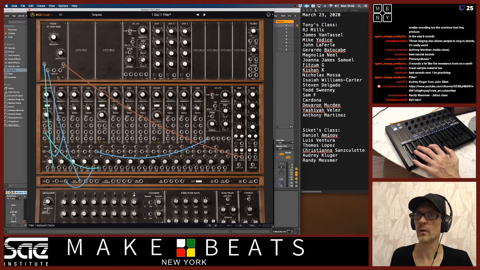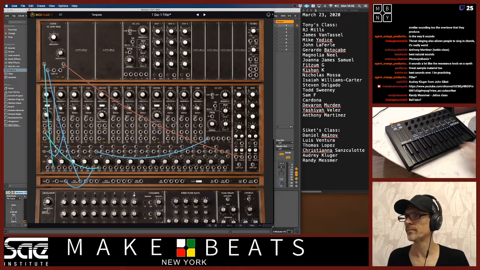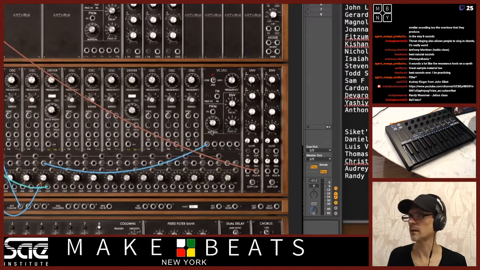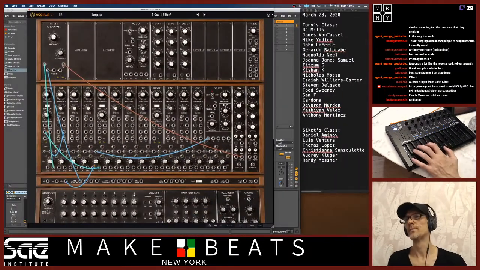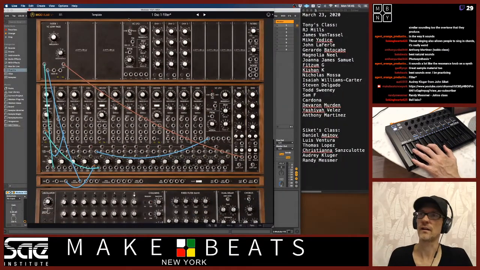Well, at this point, I don't remember how this changes this up here. I'll take a look. It's been a while since I've used this one. Whatever. I'm going to show you this in Reaktor in a little bit.